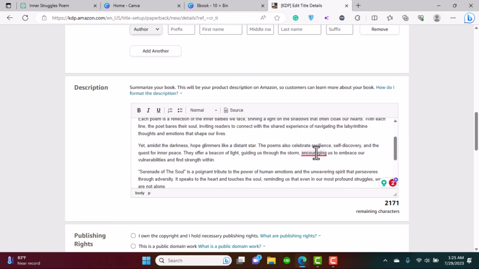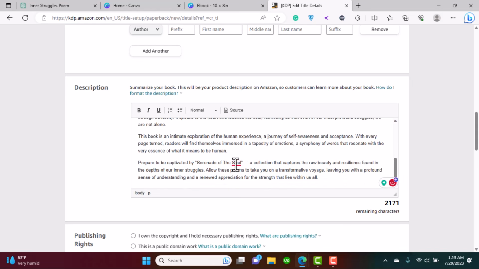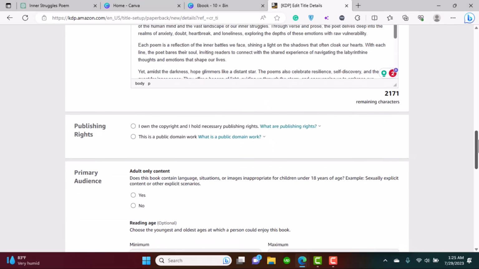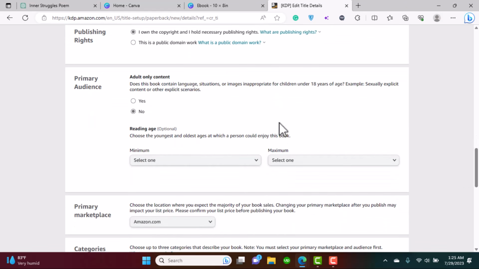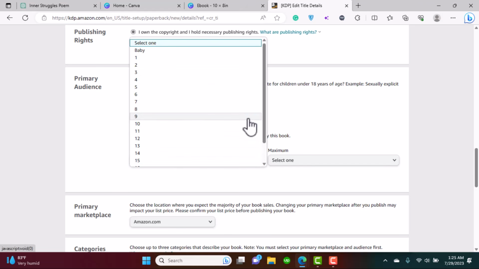If there are any grammatical mistakes, I'm going to correct that. Yeah, so I own the copyright. No. Reading age minimum, I guess 13,